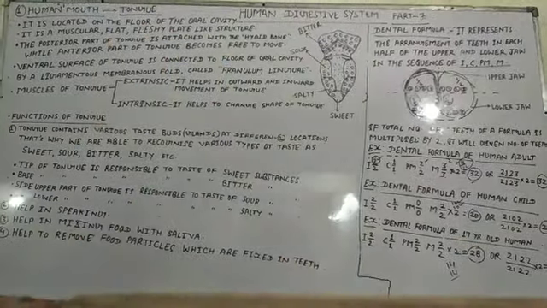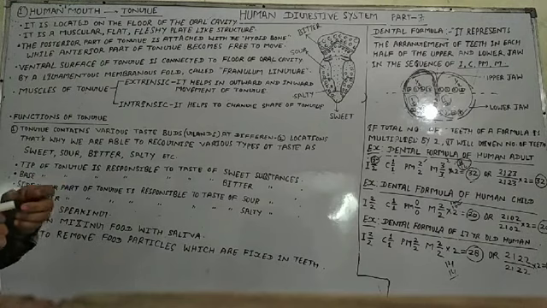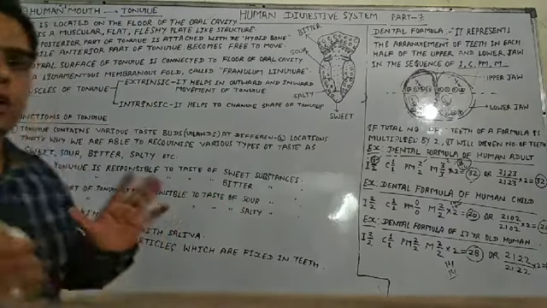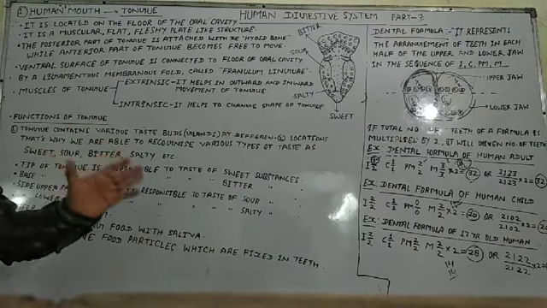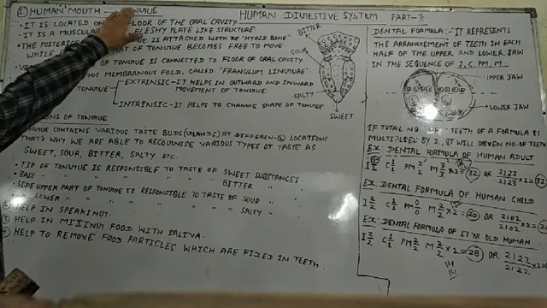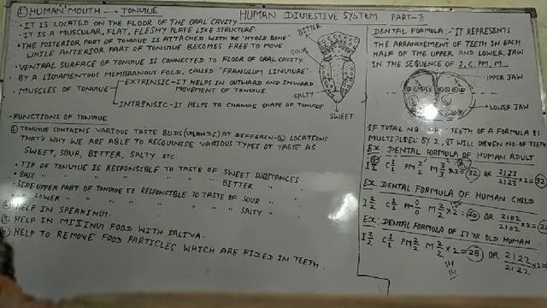Clear students? So students, this is all about the teeth, and the entire description of teeth is completed here. Clear students? Now we will start the next organ found in the buccal cavity, that is known as the tongue. So let's start without delaying. So students, what is the tongue? Anyone know?